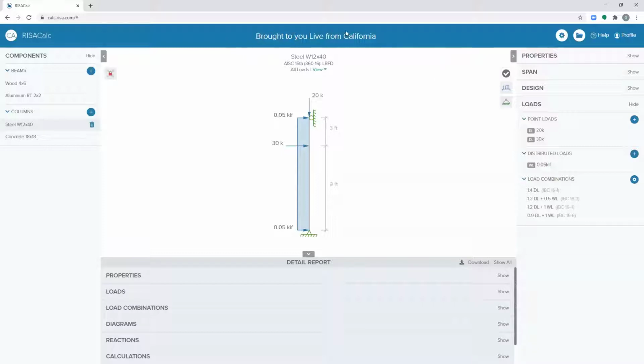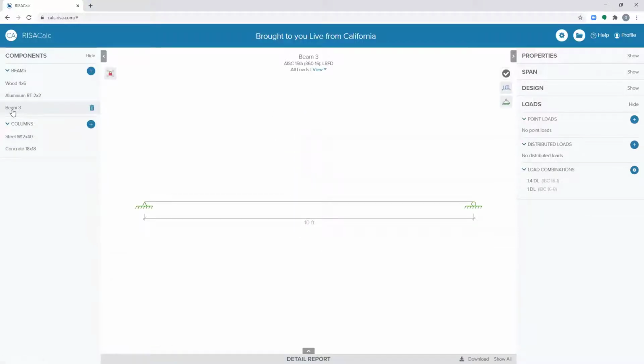And once you get inside of a project, you can set up all of your components here on the left-hand side. Right now, we just have beams and columns, but as we start to add more components, you'll see them listed here below. Inside of the beams, right now I have a few components here, but together let's create one. I'll just show you how to set one up. So if I hit this plus sign, I can create a new beam.